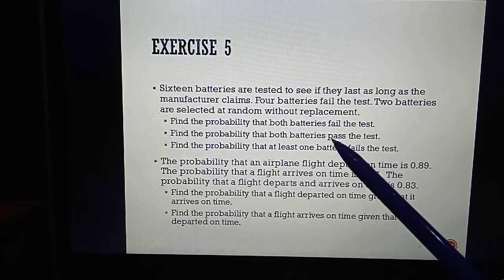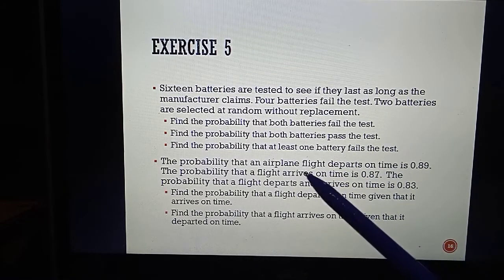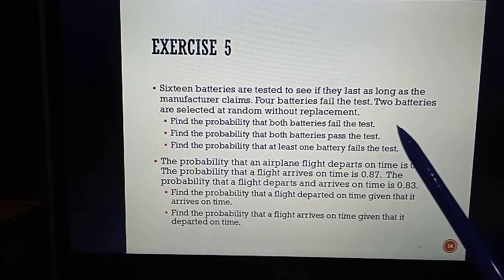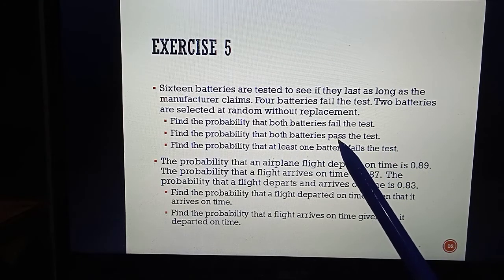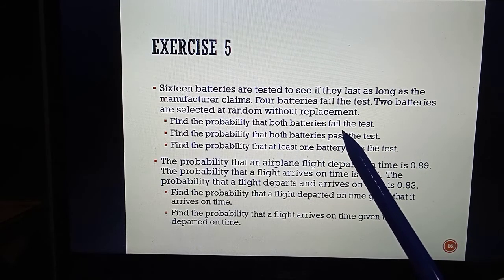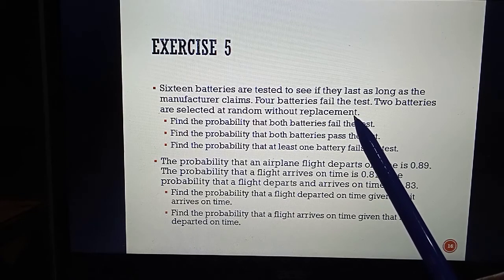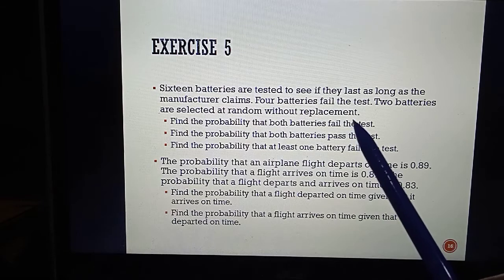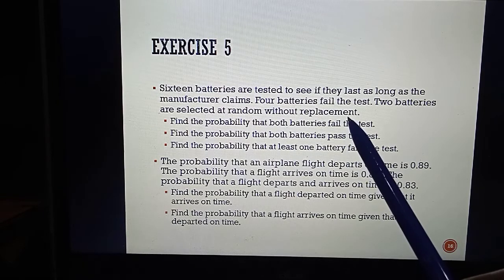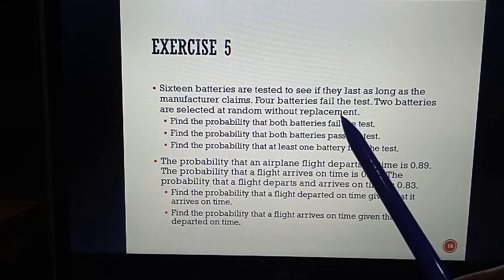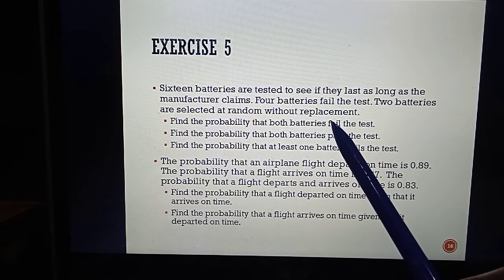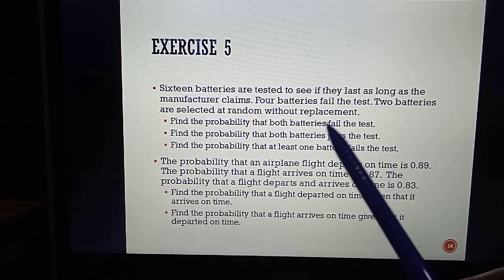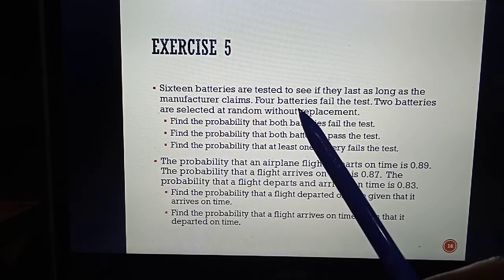Okay, for exercise 5, okay, so now 16 batteries are tested to see if they last as long as the manufacturer claimed. 4 batteries failed the test, 2 batteries are selected at random without replacement. So this is the opposite probabilities. So we need to calculate the complement probabilities. Which one is the opposite? Which one is like a success? If the success is